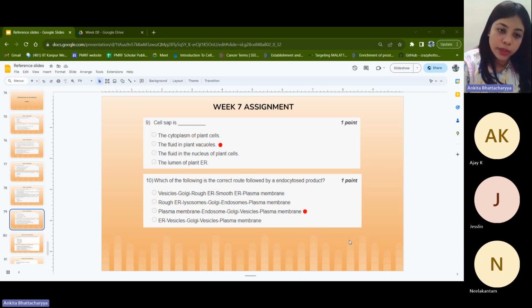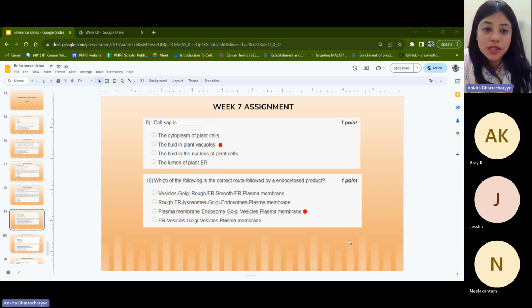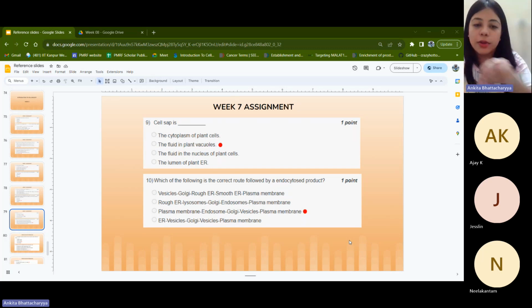Once it is brought inside, it goes on doing whatever its job is. If it is to be broken down, it has to go to the lysosome, where it is broken down. Whatever has been generated, say an amino acid or some other resource for the cell, if it was a proteinaceous source, you get amino acids. That amino acid will then have to be delivered to different parts of the cell where amino acids are required. Where is it required? For protein synthesis, right? During protein synthesis, when tRNAs have to be charged, the tRNA has to be attached to its designated amino acid. So from the product digested by the lysosome, from whatever food resource there was, these amino acids are made available.